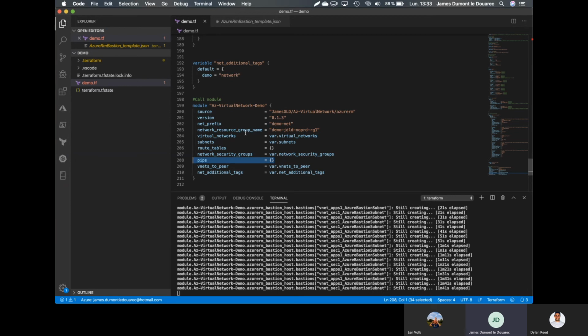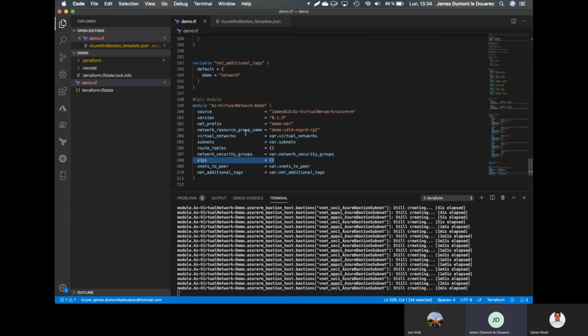I did it this way because the objective of the module is to make life easier for the end users. In this way, they don't have to think about creating these public IPs, etc.